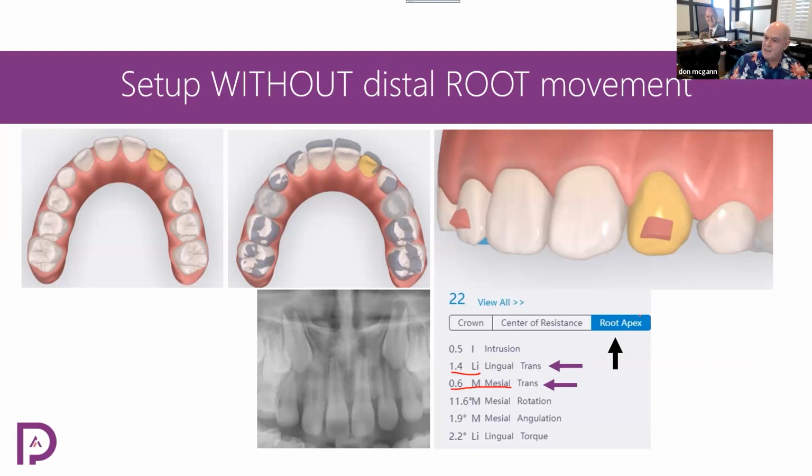And if you say, wait a minute, I want that triangular space right there to be fixed, that triangular space, that's moving the root to the distal. That's bad. We don't want to do that. Okay? So you leave the triangular space, you leave in favor of the mesial root movement, and now you can start the case. Now, if they send it back to you on the setup and it says distal translation, and